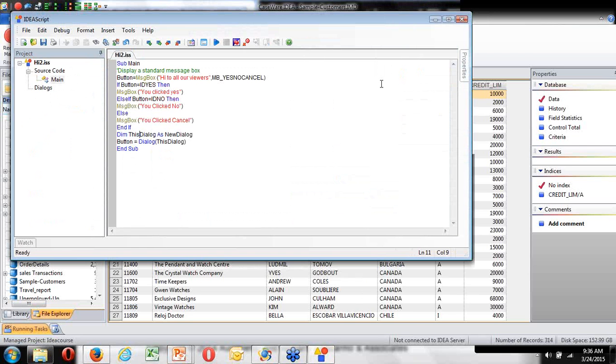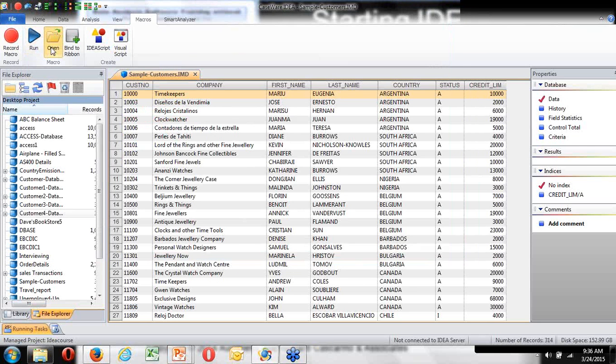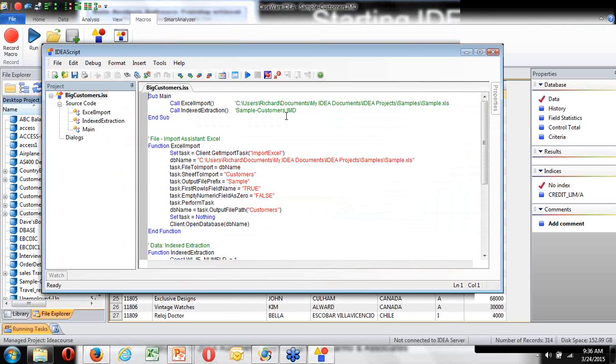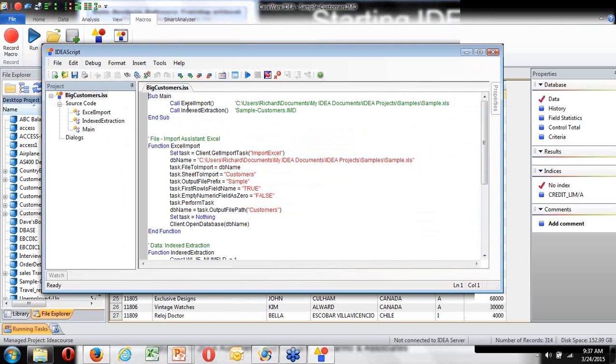Okay, what else could we use this kind of thing for? Well, remember we did one called Big Customers. Let's close down this script. I've got changes. Do I want to save it? Yes. Let's go and open up our Big Customers. Now it's creating all kinds of good things, but down before the bottom of it, we've got the individual functions, that function, end function, that function, end function. And what do we have up at the top? Up at the top it says call the first one, call the second one, end sub. So there's my Excel import, then there's my sample extraction, end sub. So before the end sub,